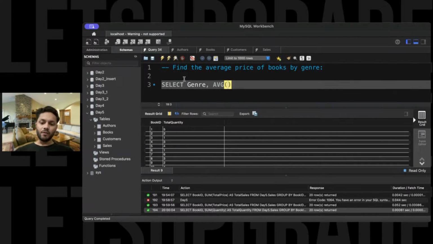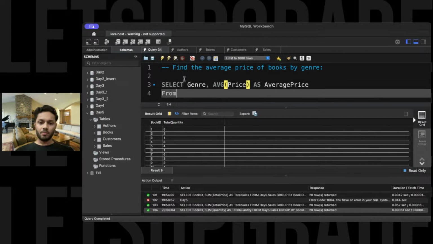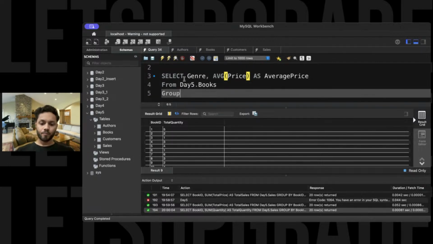All right, so AVG price, I can say how you want to represent it. So that is going to be, sorry, average price. All right, now we'll simply write from day 5 dot books and